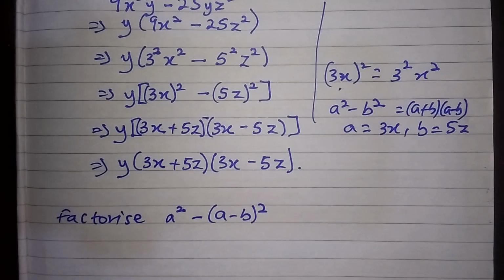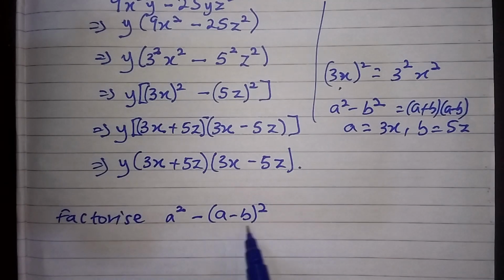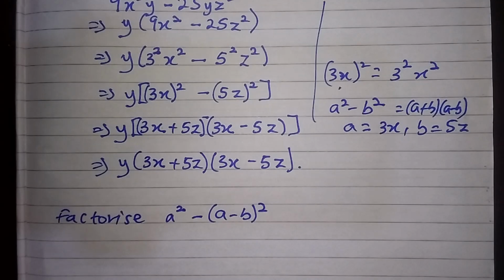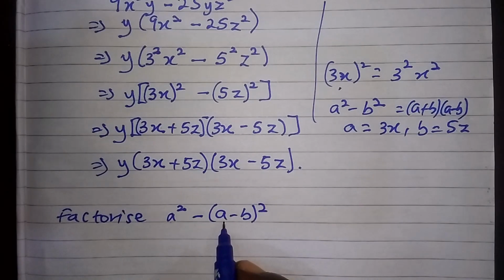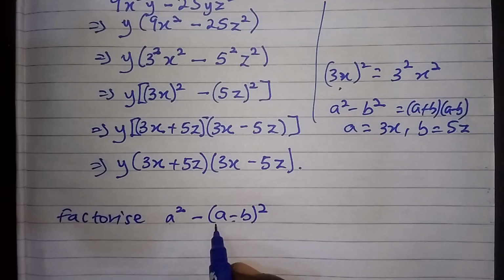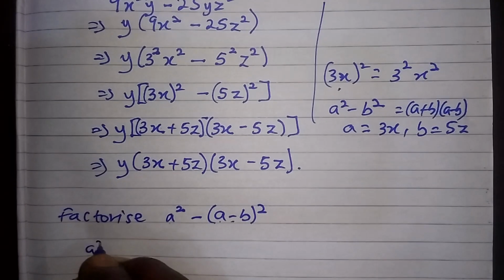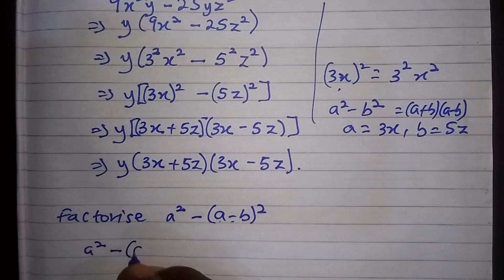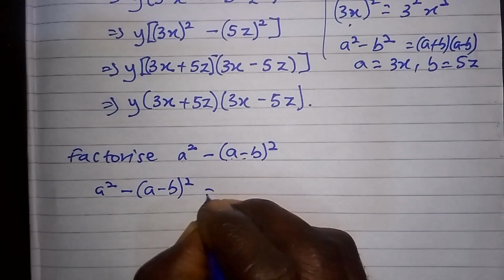What we have here still follows difference of two squares. So all this is being considered as a single term. With this as a single term, this is our a, and a minus b becomes our b. So a squared minus a minus b all squared is going to be written as